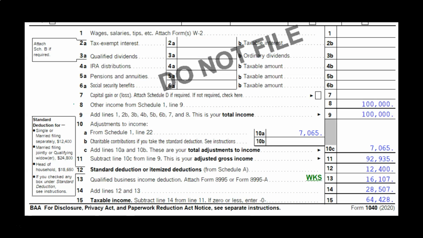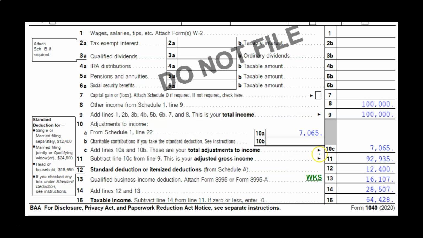So here's going to be the first page of the 1040. Remember that the Schedule C can have multiple impacts on the 1040. For example, it can flow over to line 8. We have one half of the self-employment tax being deducted here. That's going to be our above the line deduction for self-employment tax. That would be half the self-employment tax being calculated on, in essence, the bottom line, or net income